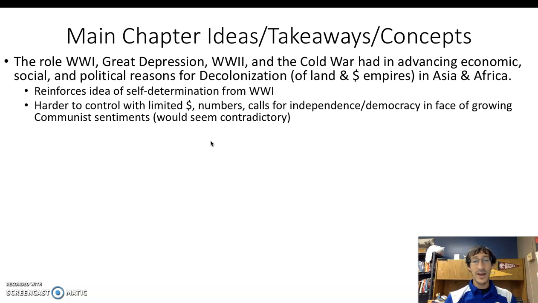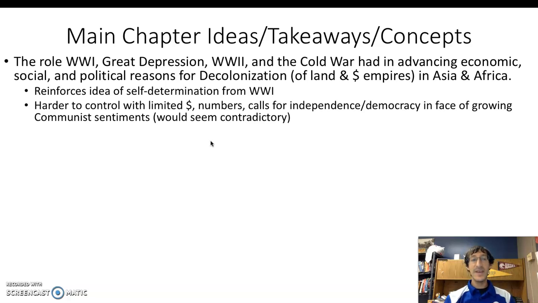And that for a lot of these places around the globe, so think about the British, the French, the Dutch, the Italians, it becomes a lot harder to control these areas with limited money and limited numbers of people, as we come into the period following World War II and the economic hardships that follow the war, as well as following from World War I and the Depression, but also the consistent calls for independence and democracy that have been